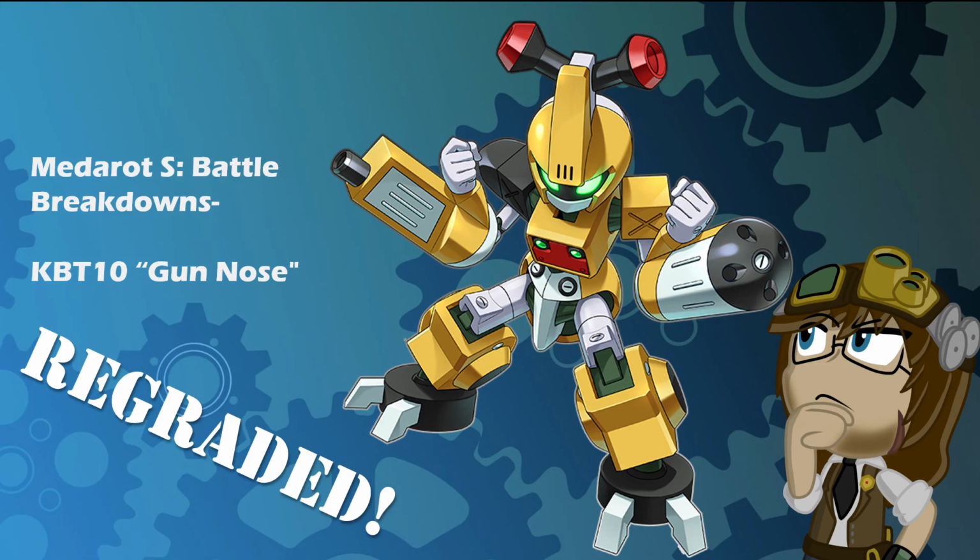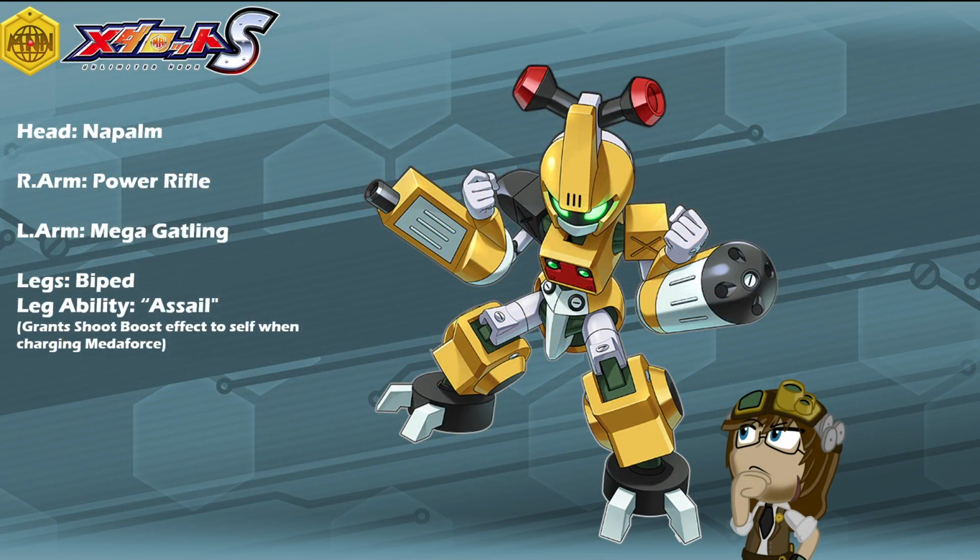Finally getting his turn with the tune-up treatment, another beetle type stands to get the upgrade. It is the starter, the KBT starter from Medarot DS, KBT10 Gun Nose, REGRADED, with a kit of Napalm, Power Rifle, Mega Gatling, Biped Legs, and the leg ability of Assail, which grants the shoot boost effect to self when